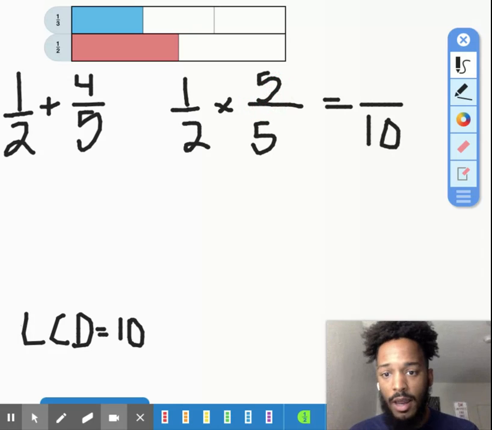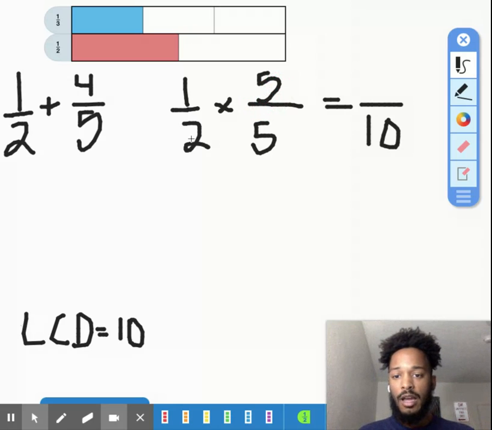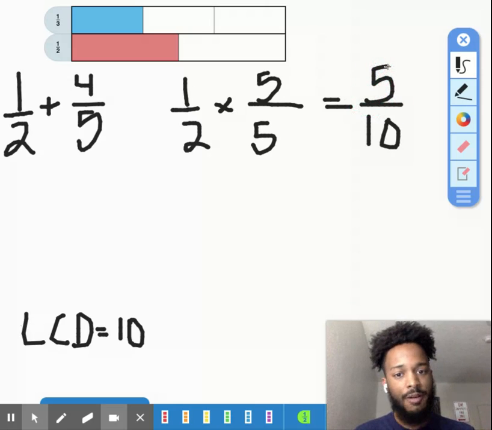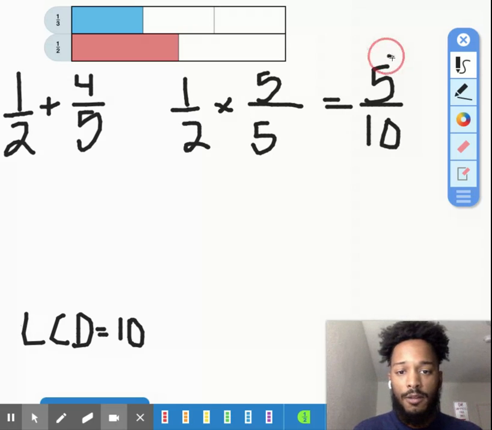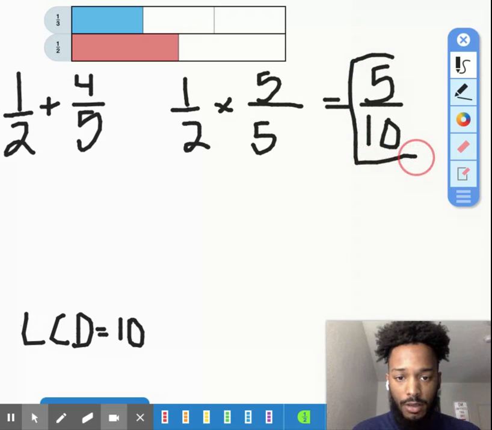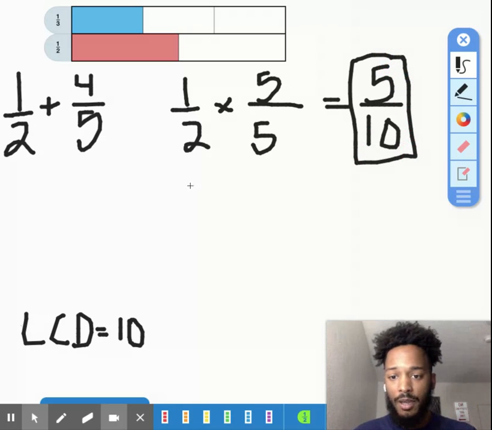So I've got 1/2 times 5/5. 2 times 5 is equal to 10. So 1 times 5 is equal to 5. If you said 5, you're right. So now that we found our equivalent fraction, 5/10 is equal to 1/2. Let's do the same thing for 4/5. I got 4/5